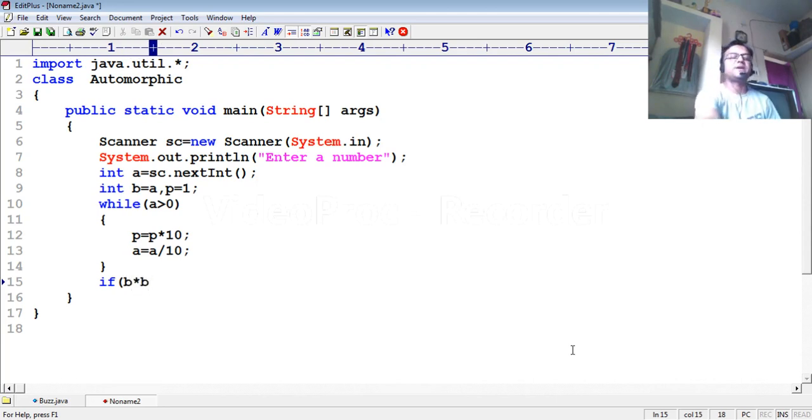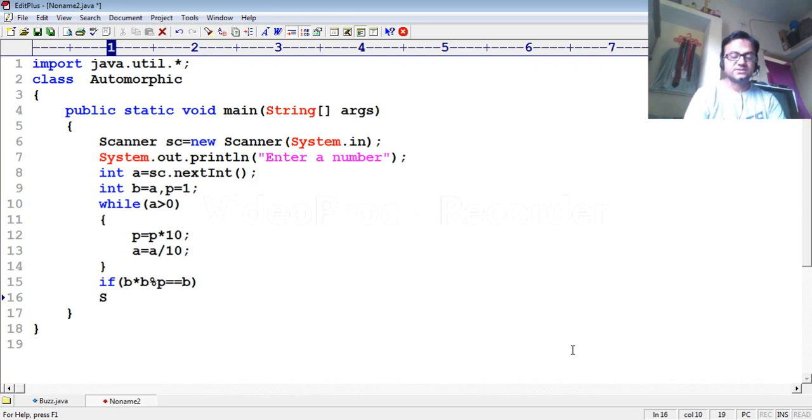I already copied a in b, so b has the original value, and b multiplied by b will be the square of the number. Now perform the digit extraction from the last: mod p equal to b. So if the remainder of the square equals the original number, then you call it an automorphic number.